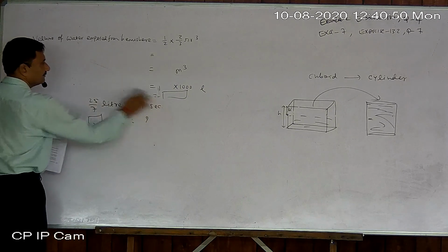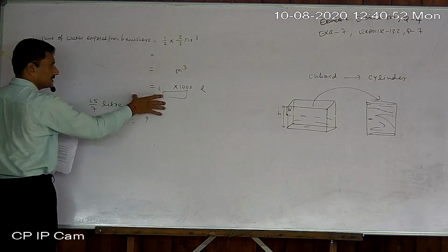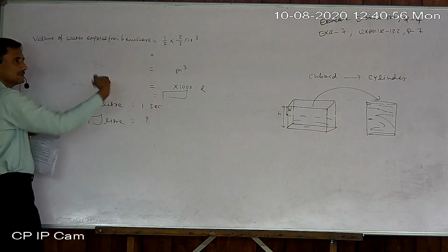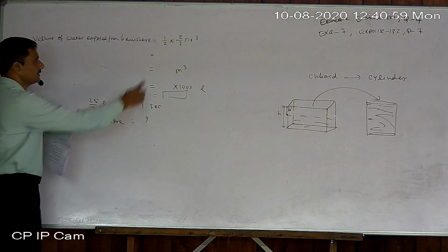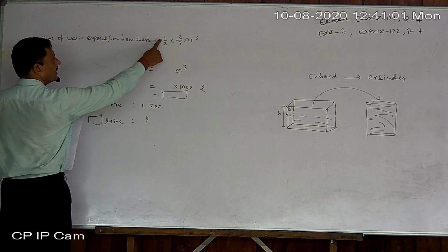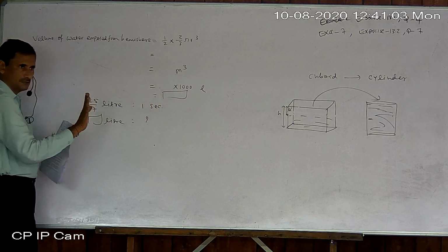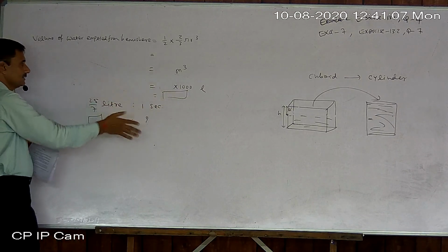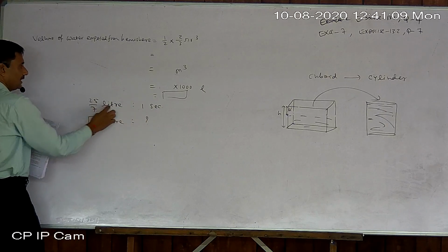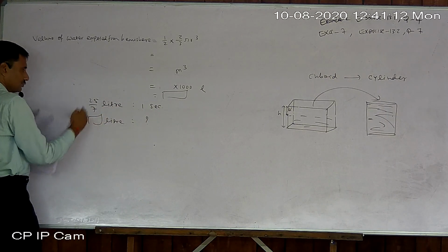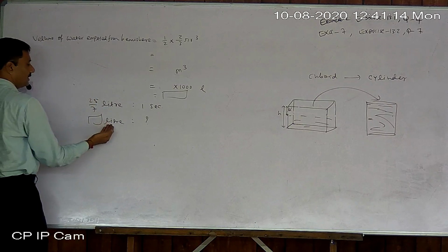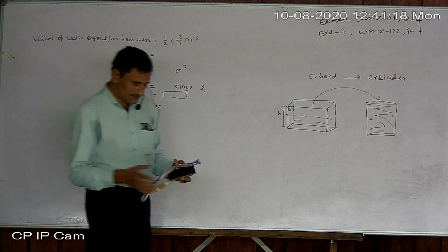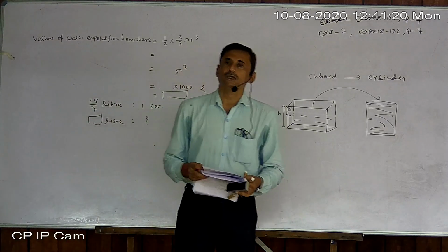This part is new. We find not the capacity of the hemisphere, but how much water is emptied from that hemispherical tank; we placed half there earlier. So this many liters of water are transferred. But what is the rate? So many liters in 1 second. So this big quantity of water can be transferred in how many seconds? This way you can use the cross multiplication step here.